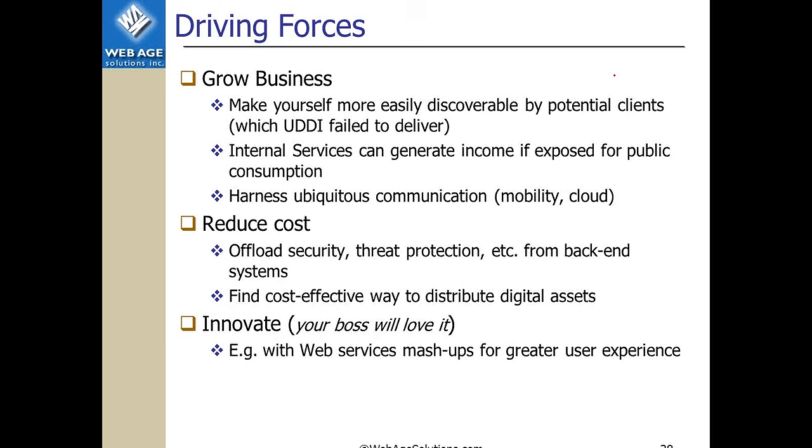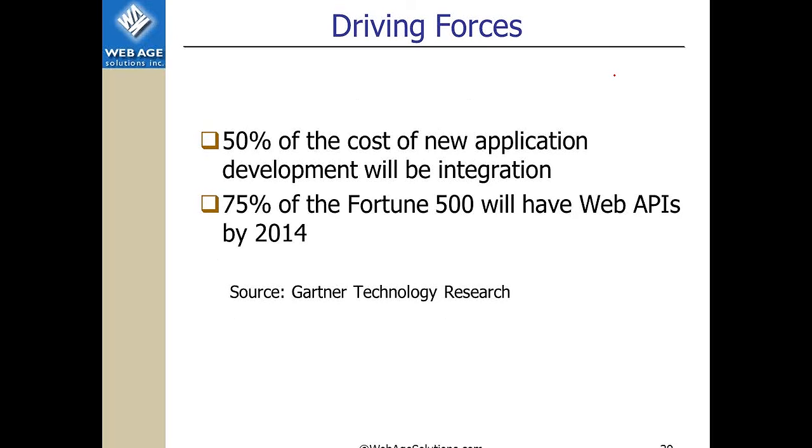Reducing cost is achieved by offloading security and other quality of services to the entry point, which is the proxy or API gateway. And at this point in time, you can start building mashups of services, which allows your users to innovate, because you would expose APIs in a way that would be helpful to combine services and build mashup services.